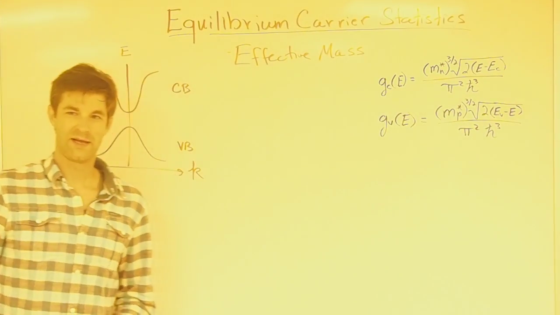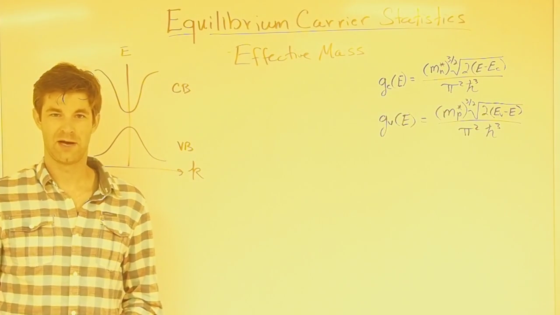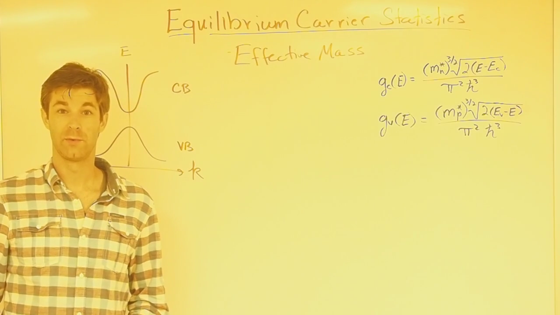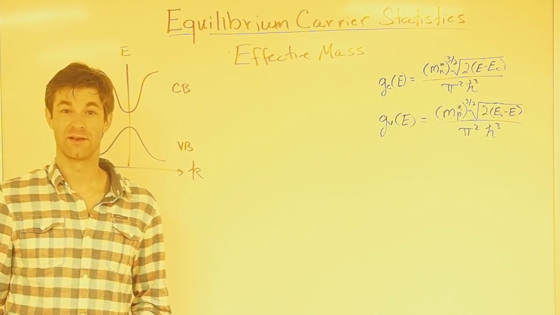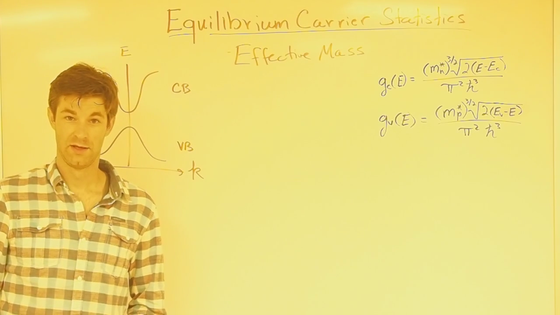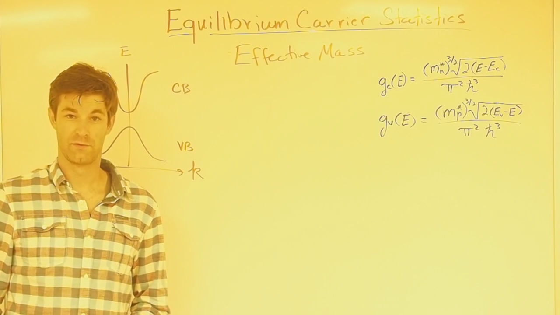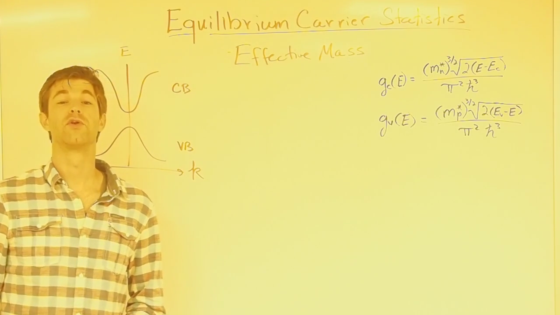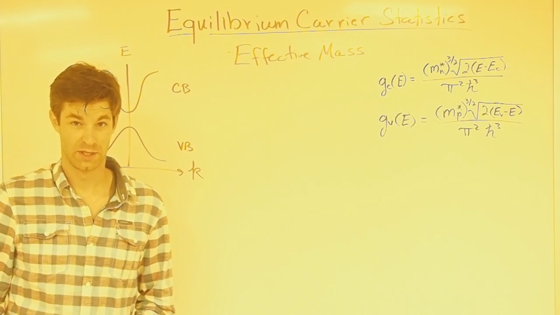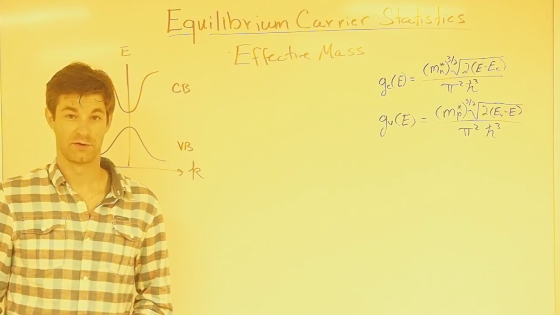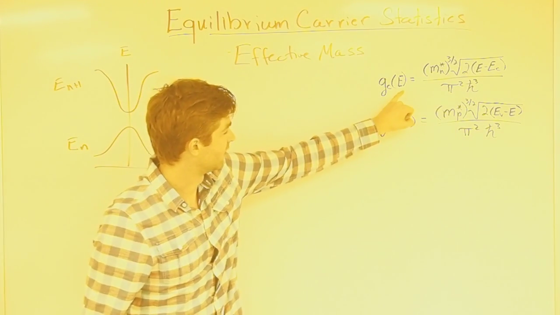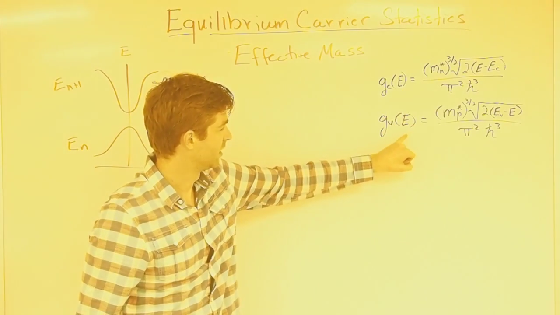Hello everyone, welcome back. Today we're talking about equilibrium carrier statistics in semiconductors. We left off last time talking about density of states, which is a derivation that we found for the number of available states per unit area, per unit volume, per unit energy in a semiconductor. And this is what we derived last week for density of states in the conduction band and density of states